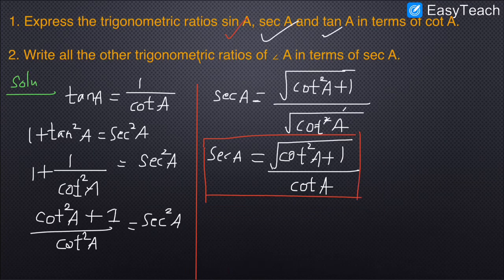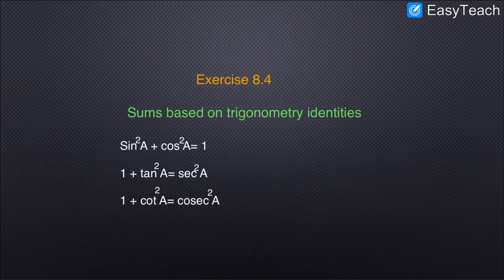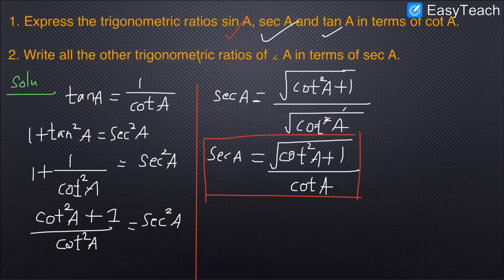Let's do sin a. To find sin a, I am using another trigonometric identity which holds the sin a value or which can be converted into sin a. For example, look at the last one. We have cot a and at the same time cosecant a. Cosecant a is nothing but the reciprocal of sin a. So I choose this identity this time. So 1 plus cot square a equals cosecant square a.